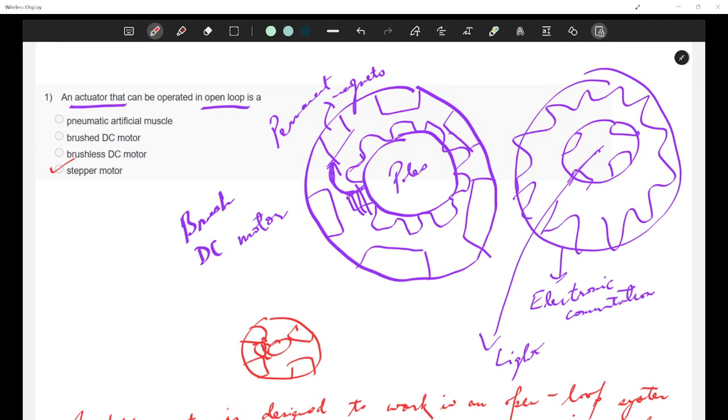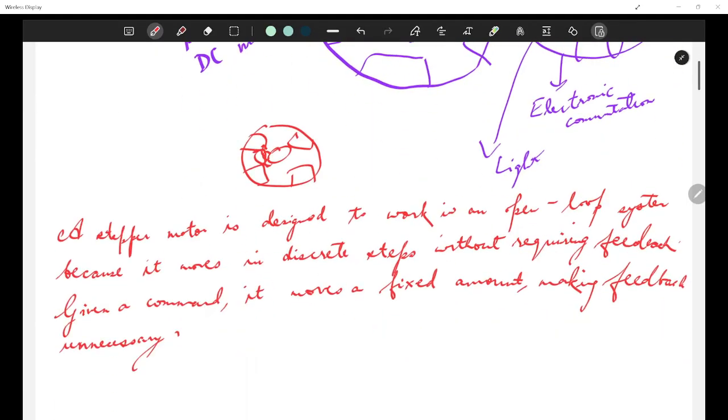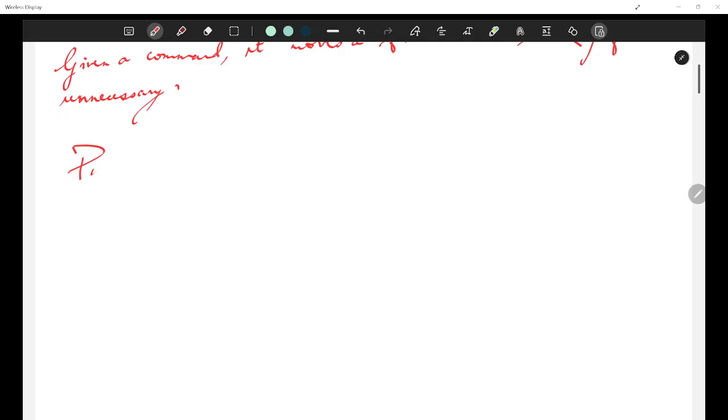So in a pneumatic artificial muscle, what happens? In a pneumatic artificial muscle, we use pressure control.